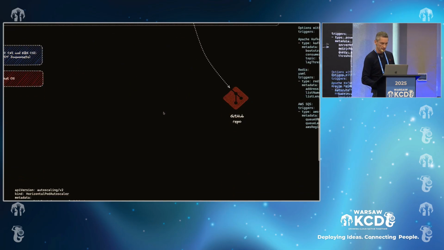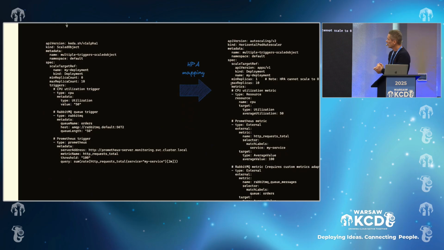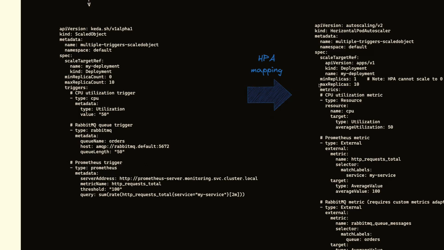Before looking at the HPA, we can look at this, which is actually the custom resource definition that KEDA, the main one, I would say, that KEDA leverages in order to drive HPA.